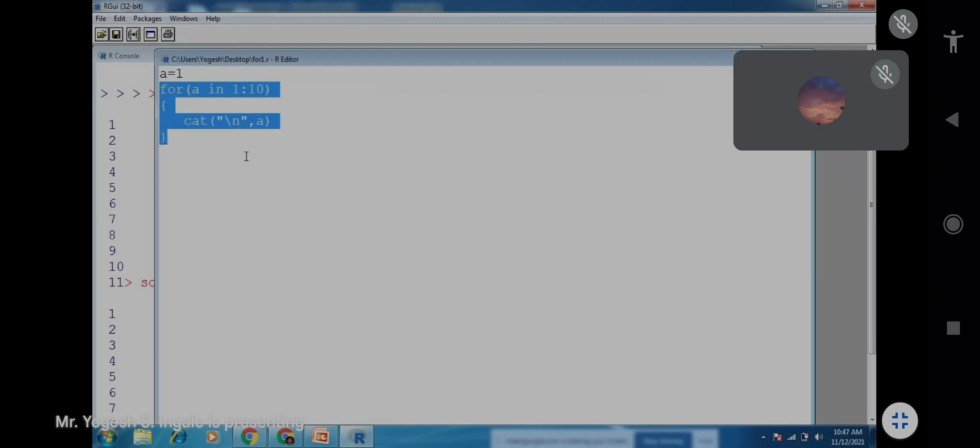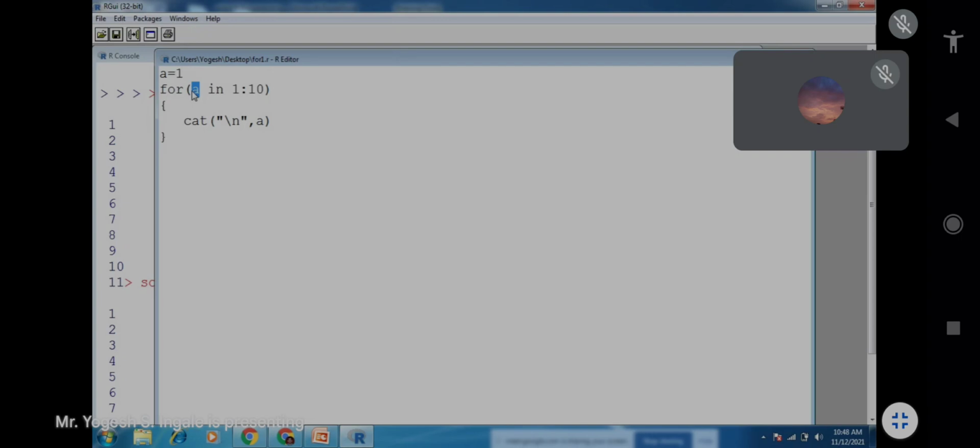This syntax only we are supposed to use while writing the script using for loop. Okay? For loop control variable in sequence of values. So as long as the value of this loop control variable is available in this sequence, for loop will get executed. And one more important thing, for each and every iteration, automatically the next value of that loop control variable is